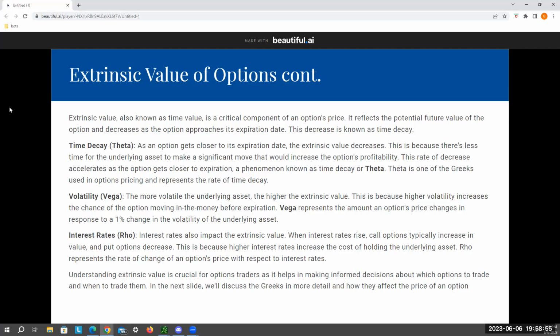Why? Because there's less extrinsic time value left. Instead of 5 days left, we have 4 days left. So now instead of 0.25, my theta is 0.35. So instead of me losing 0.25 a day, I'm losing 0.35. Then the next day, 0.45. The next day, 0.55. Until on the last day,